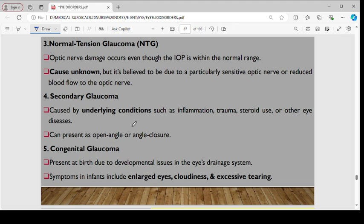The third one, we have normal tension glaucoma, which is characterized by optic nerve damage occurring though the intraocular pressure will be in normal ranges. The cause is unknown, but it is believed to be due to a particularly sensitive optic nerve and reduced blood flow to the